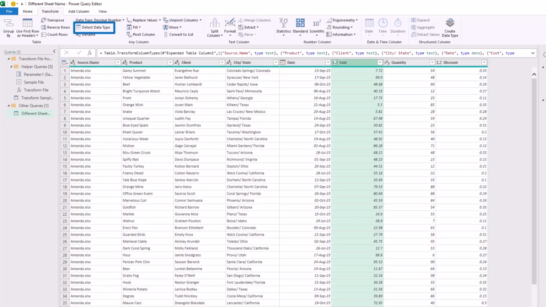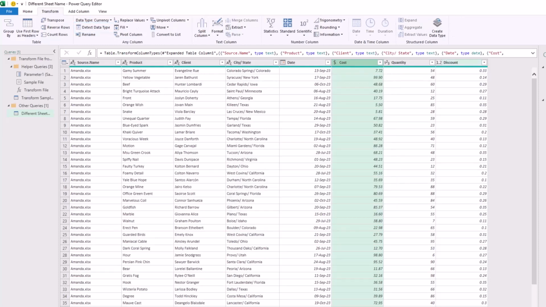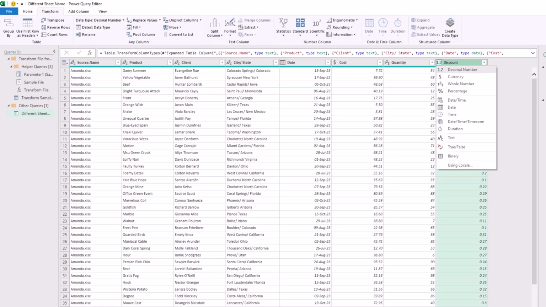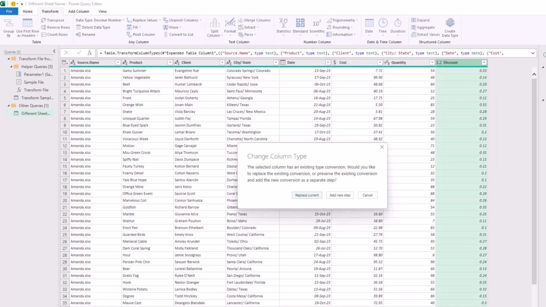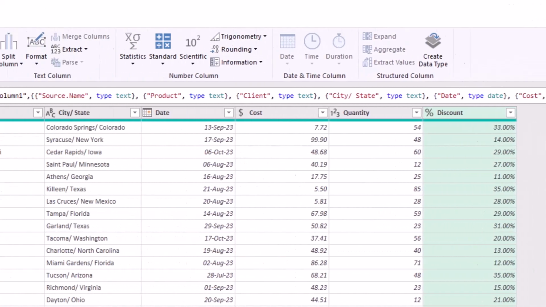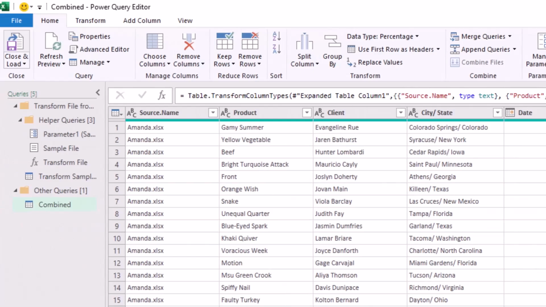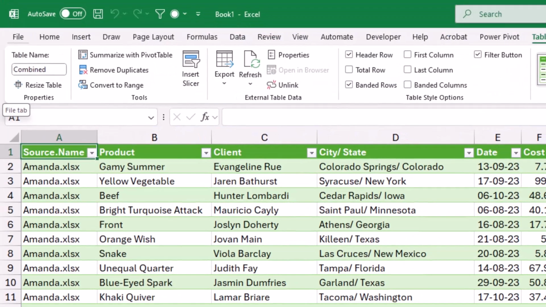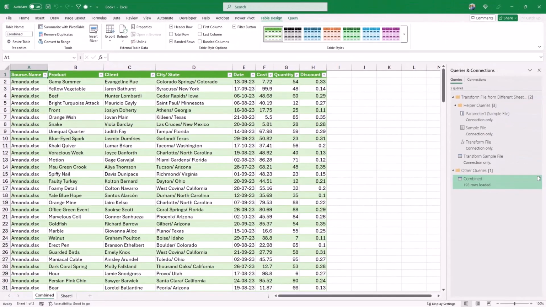I select the cost column. I want to change the data type to currency and replace current. I select the discount column and I want to change the data type to percentage and replace current as well. I'm going to rename my query combined. And now I can send it back to Excel by going to the Home tab, Close and Load. It will be loaded in a new worksheet. I have my data